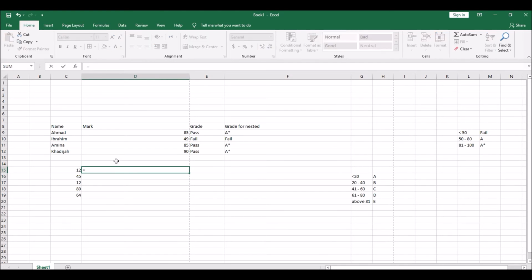I say equal if anything I have in this place. So you see what I did earlier, I actually started from the smallest, right? Now I will start from the biggest. If anything I have here is greater than or equal to 81, what will happen? That will be Mr. E. Yes, simple. Greater than or equal to 81, that would be Mr. E, comma, if